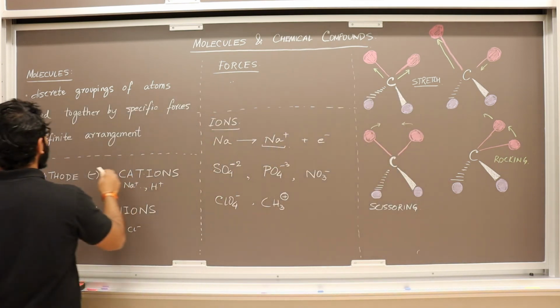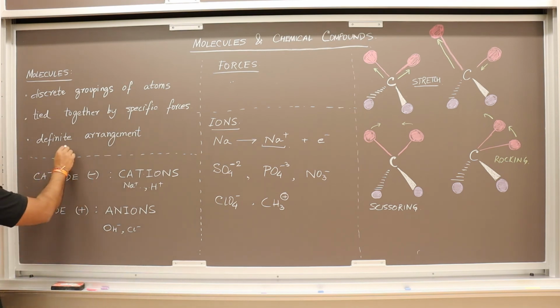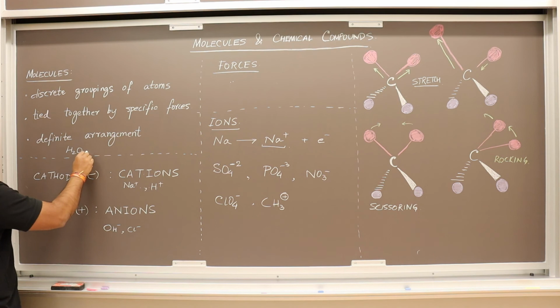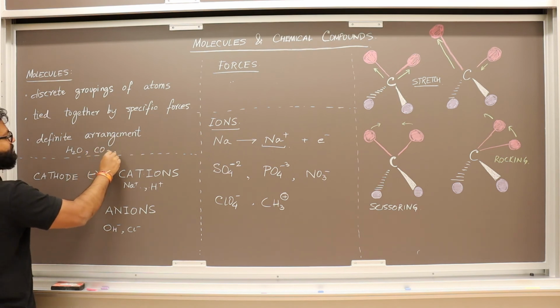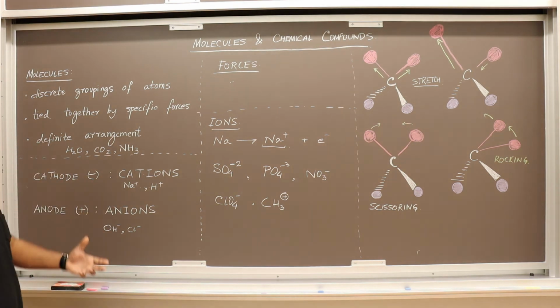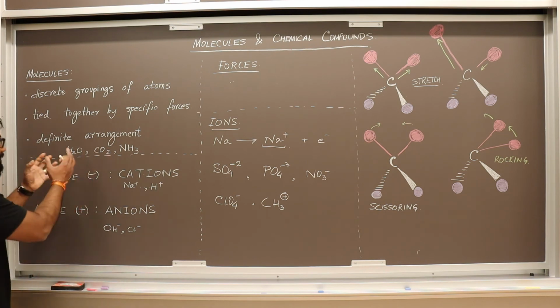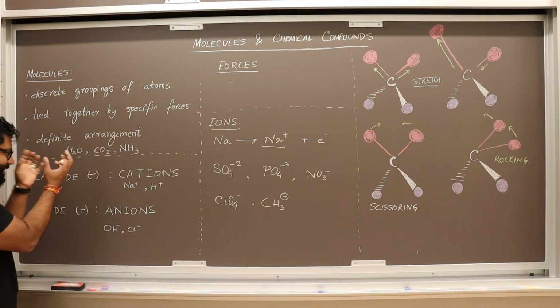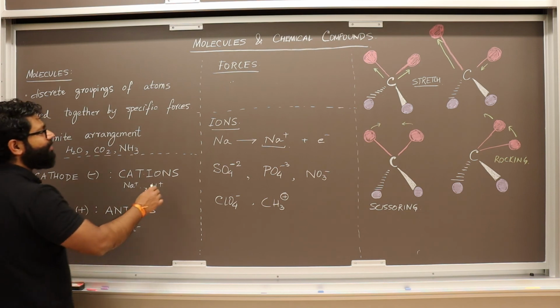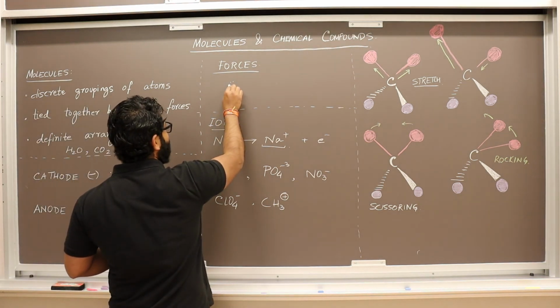Now, what are some of the examples? I don't have to write the examples because you're smart people, right? But still, H2O is a molecule, right? CO2, ammonia, and things like that. So these are made up of different atoms, right? Different atoms make up these discrete groupings of atoms, and they're bound by specific forces, and they have a specific arrangement. You cannot have any kind of arrangement, like you cannot have